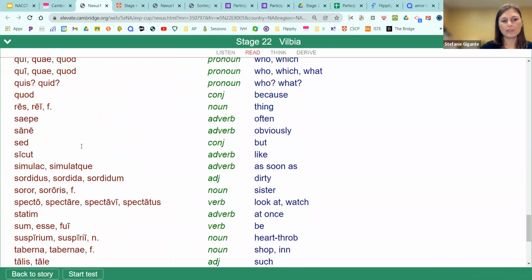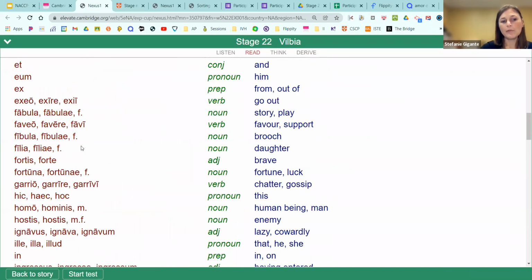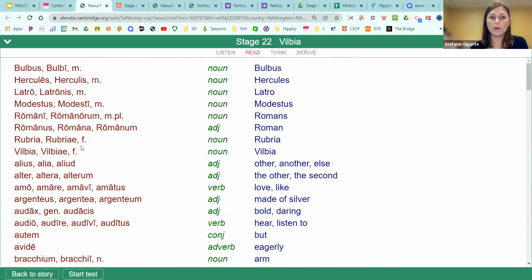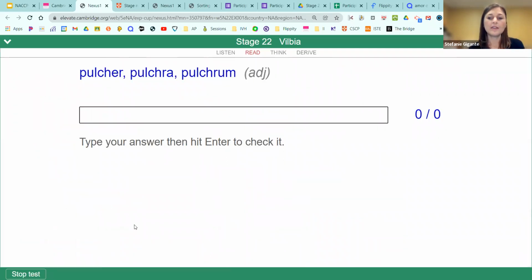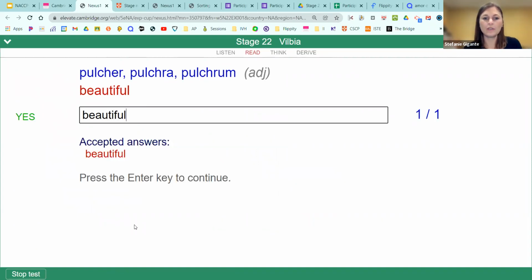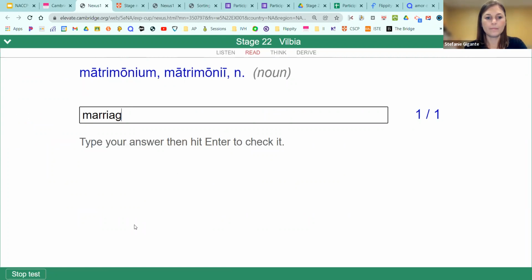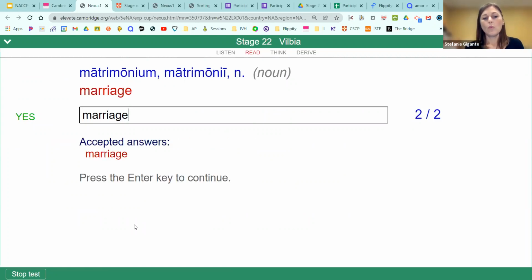So here's a whole vocab list from the story, and it can be helpful to have students warm up for a story-based experience in your class by having them warm up with some vocab. And to that end, after you click word check, you can click here where it says start test. And then the students have a test that's in front of them. And then they have to fill out, they have to create the definition of each word, etc. One of the things that I love about using this for this particular activity,